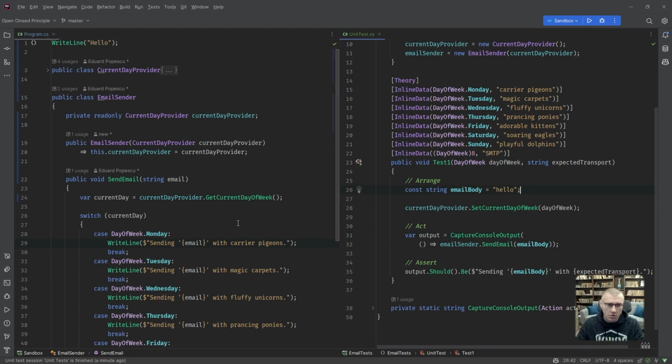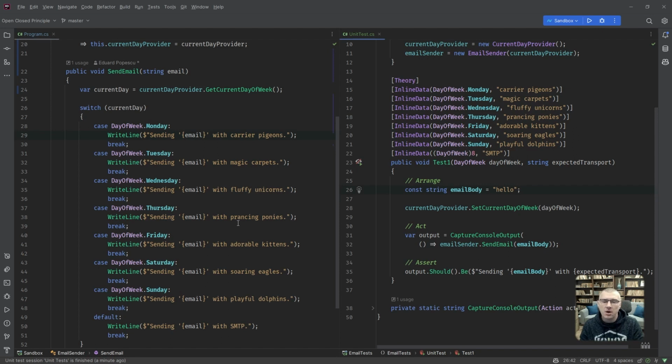Back to our open-closed thingy. All right, so what did Uncle Bob say related to the open-closed principle? So now we've got a class or a method, send email, which is doing stuff itself, writing to the console in this case. How could we change the architecture of this code so that whenever a new way of sending email comes along, we are able to just add that to our code, and not change this class?